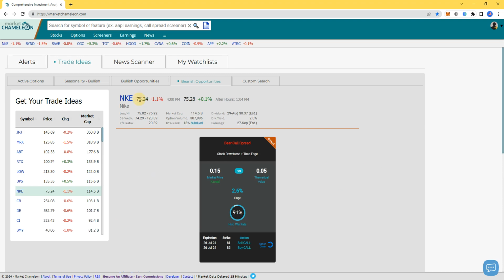interesting stuff. 75. I mean, this could be something if you don't mind collecting less. A lot of people don't mind collecting less, but they're risking more. So this, you sell the 81, you buy the 85, so that's $400 minus 15. That's like risking 385 to collect $15. So do 10 of those, $150 to collect, risking 3,850. To each his own. Let's focus on Johnson & Johnson and show you the technicals and why this is on